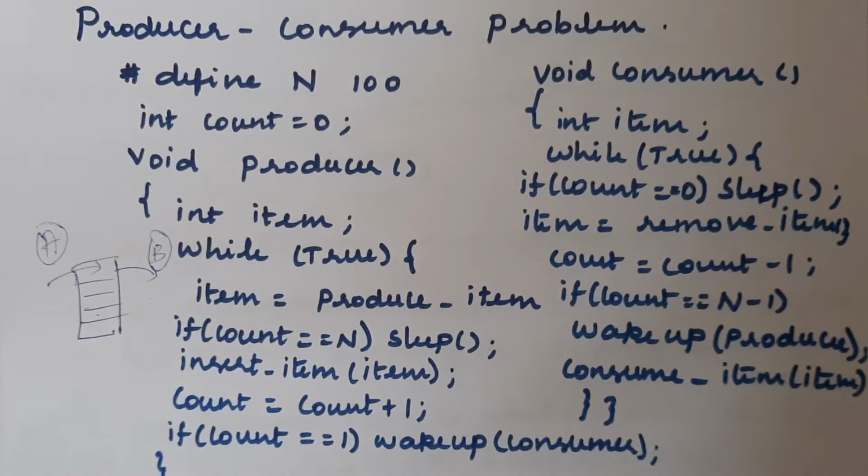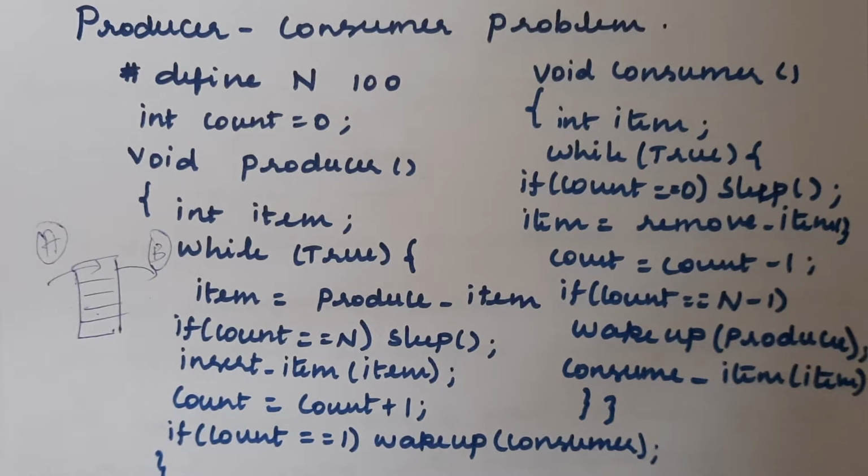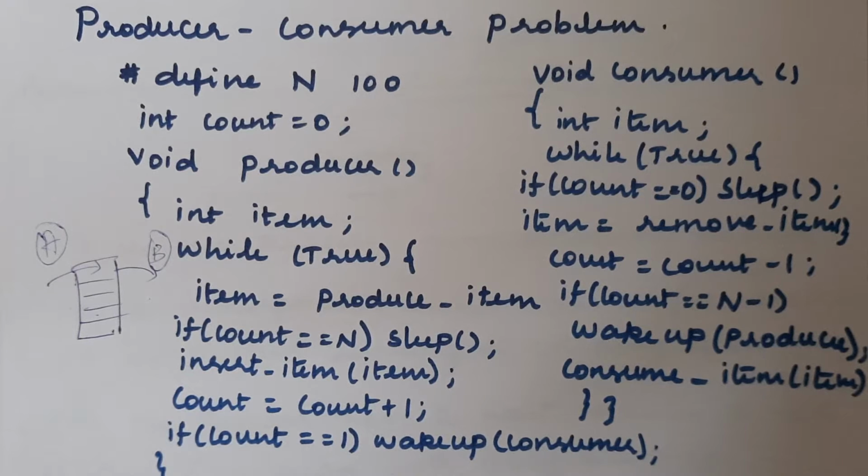This waiting is nothing but busy waiting. Whenever a process executes busy waiting, it is just wasting CPU cycles. So we should not encourage the busy waiting concept. We cannot use it in the producer or consumer problem, or for any process.